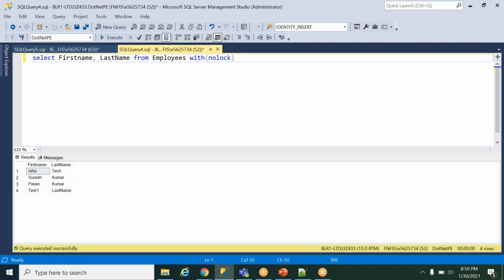This is one case. Sometimes when you are fetching the information, you may get frequent errors like the transaction is under process, or DTMS errors. That time you can look into that query. If no lock is not there, you can apply the no lock and then see. But there is a drawback, as I told you. You will not get the uncommitted data properly. You will get whatever is committed already. That one only you will get in certain scenarios.